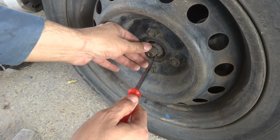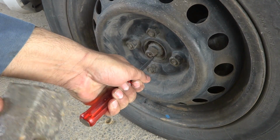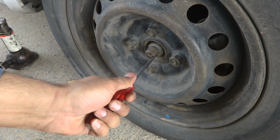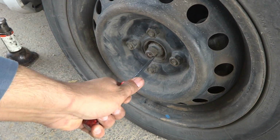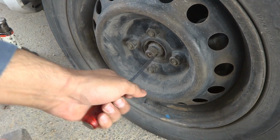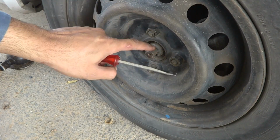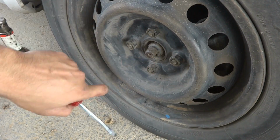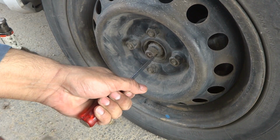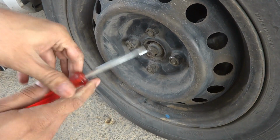So here we are going to put our screwdriver in and make a little bit of hammering this way to pull this up, because if we do not pull it up, it will ruin the thread over here. This will be down and it will round on the thread and ruin the thread. That is what we don't want. So I'm going to pull this up a little bit,